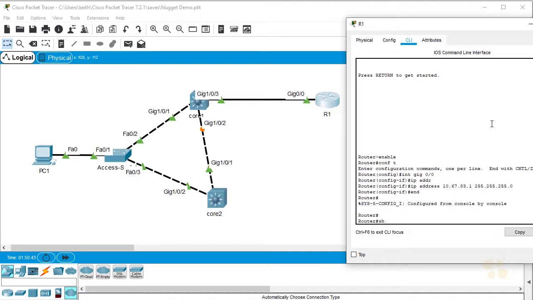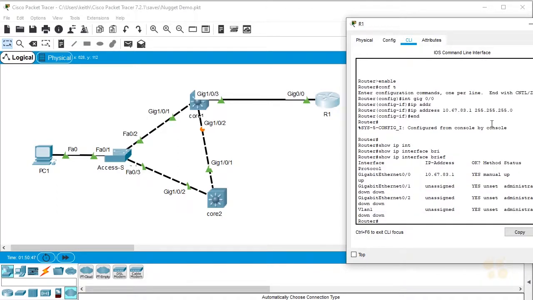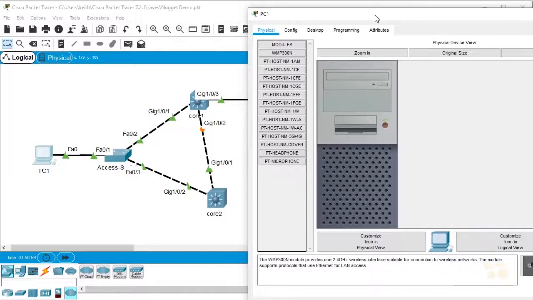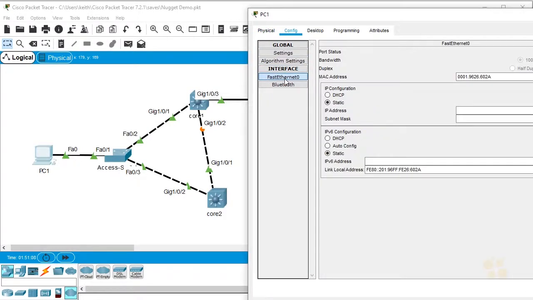We should also verify that. We'll do a show ip interface brief just to verify that we have the IP address that we think we do on the correct interface. So we double check our work. That looks fantastic. And let's go configure PC1. So we'll click on PC1. I'll go ahead and bring this over a little bit. We'll click on Config, and we'll click on interface FastEthernet0, and we're going to configure a static address, and that's going to be